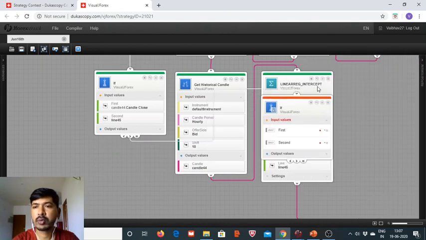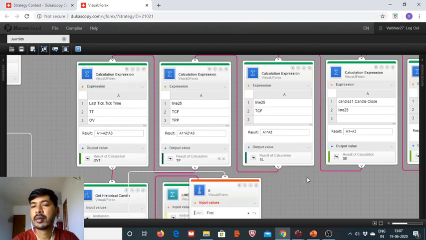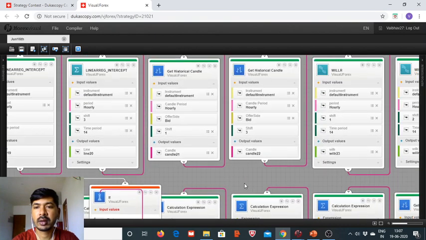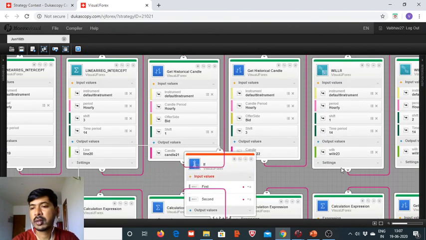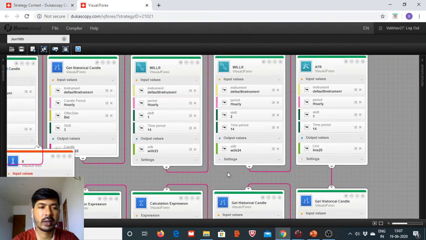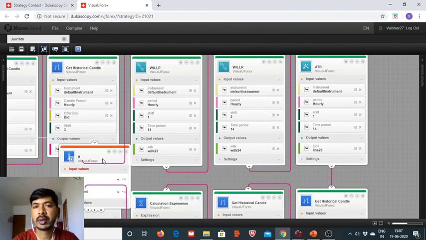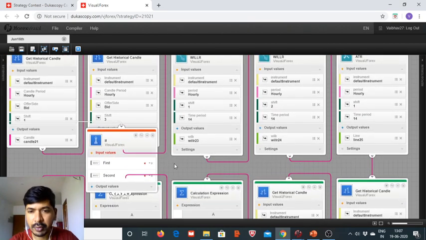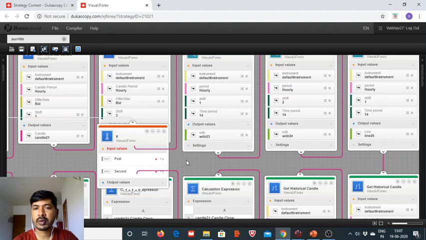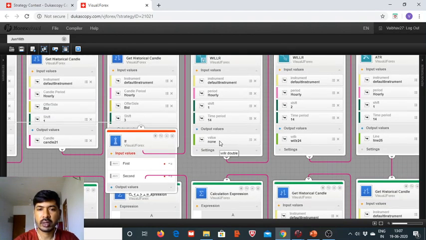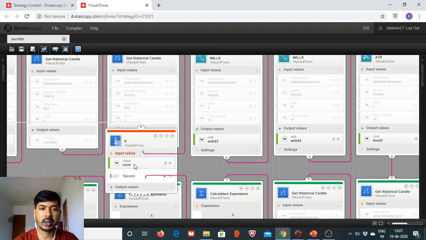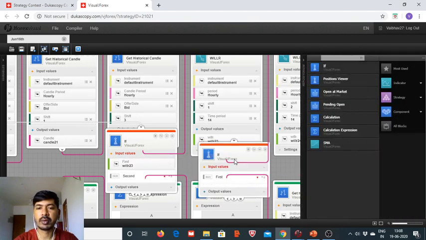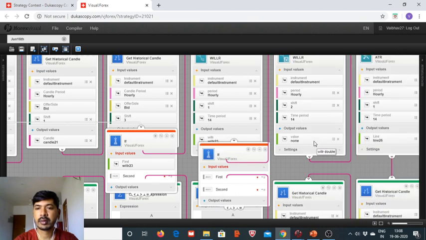Now we have to move to Williams R. Williams R levels should be entering into the oversold situation. So for that we take into account the Williams R 23 and Williams R 24. So here it is,